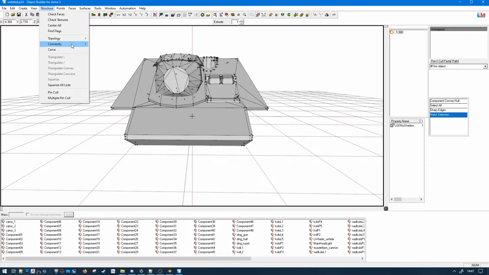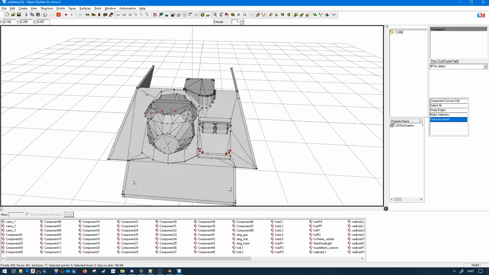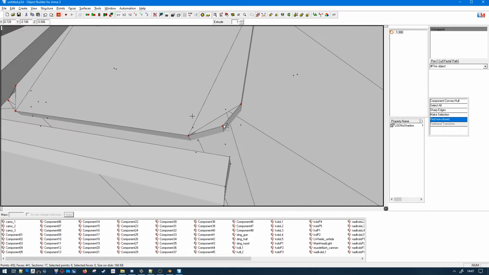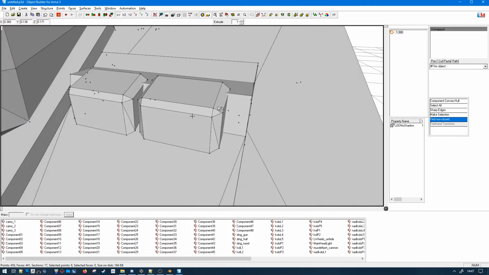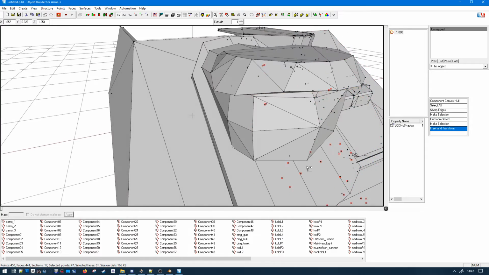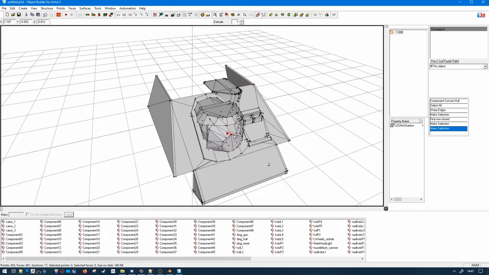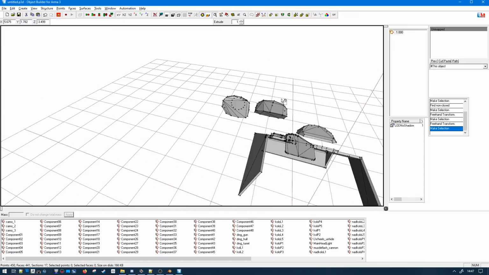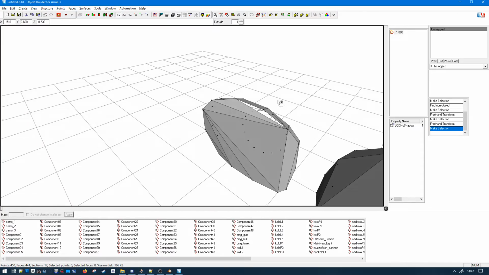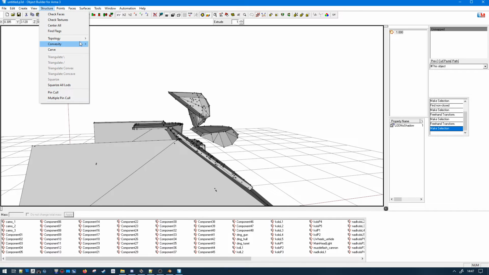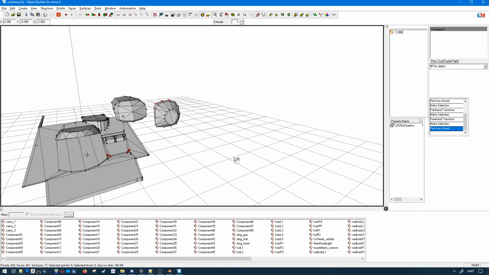Looks much better. Structure, fine, unclosed. I still have a few. The hatch. The hatch, and which one is this? That's this one right there. The hat. It's narrowing down, bro.